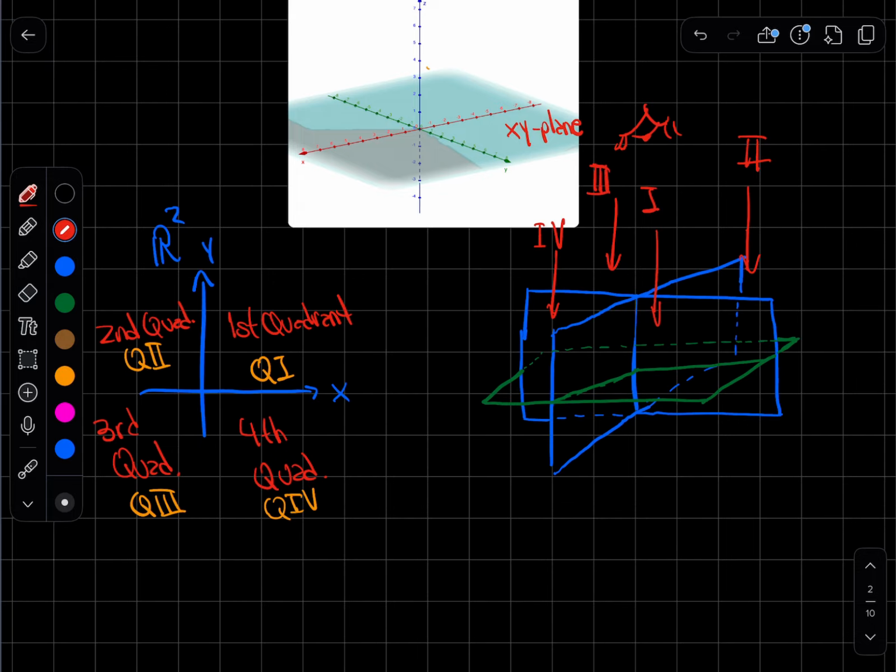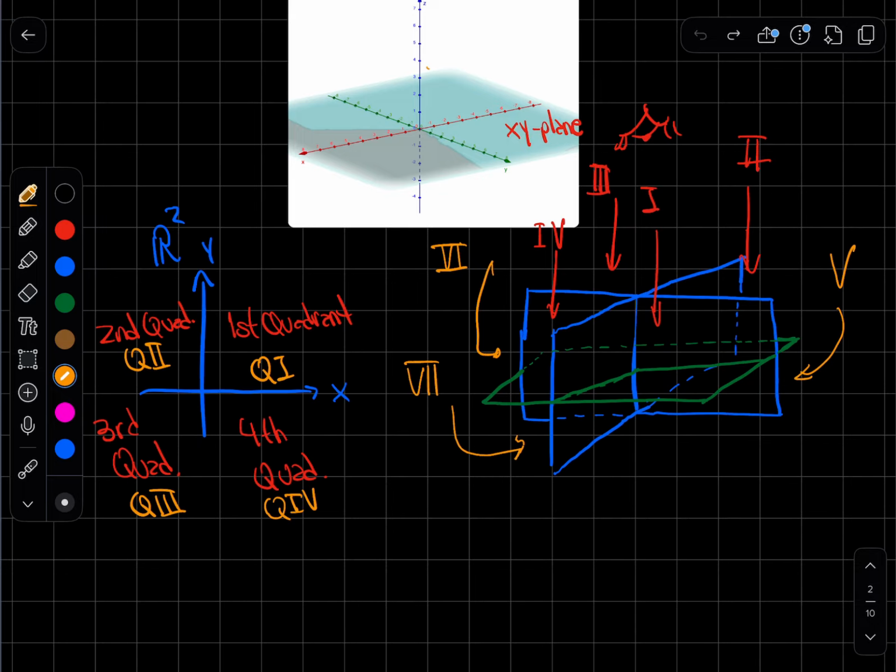And then if you go below, you go in the same direction now, and you're going to get the fifth octant on the back here. Fifth octant. And then below on the back, you get the sixth octant. Here you get the seventh octant. And here below this one,